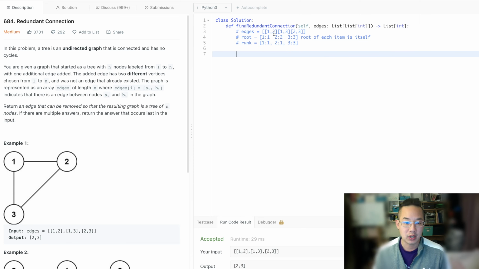And what we're going to do is union the roots together. What does that mean? So look at 1 and 2. To find that last item, we're going to do union find, and that means we're